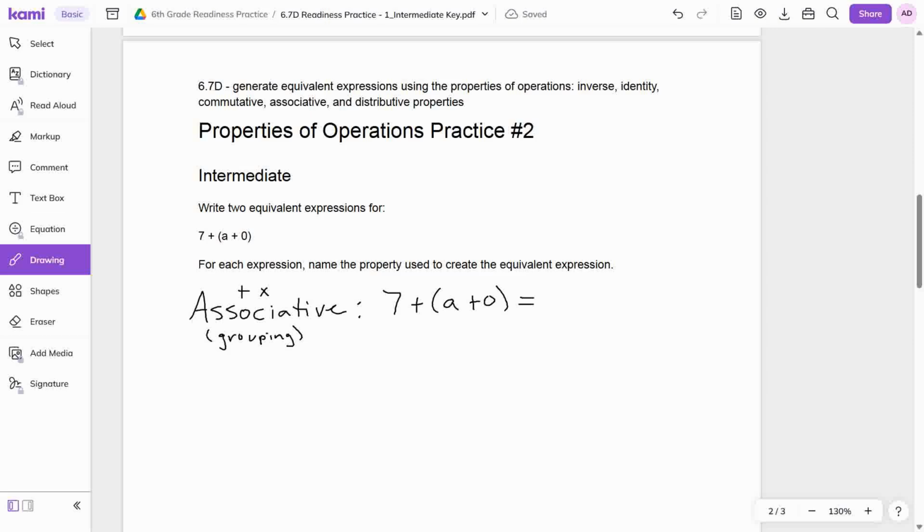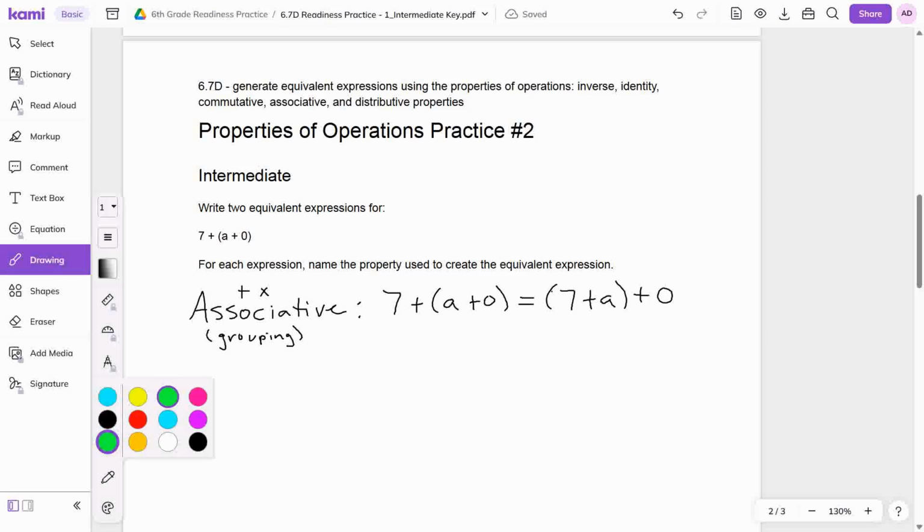So that lets me regroup. If I want, I can shift these parentheses over here: 7 plus a plus 0. And so the grouping property lets me shift the parentheses and add the addends in different order, or multiply the factors if I'm doing multiplication in different order, right? So, for example, the grouping property